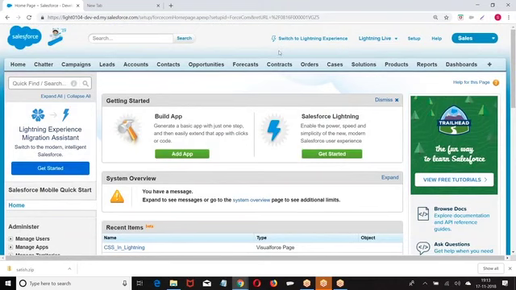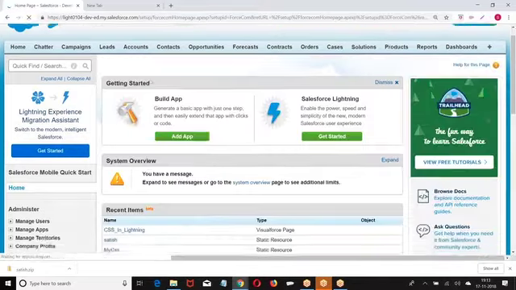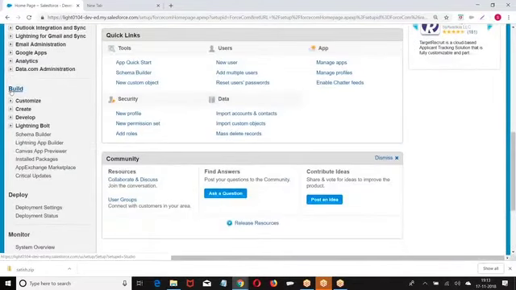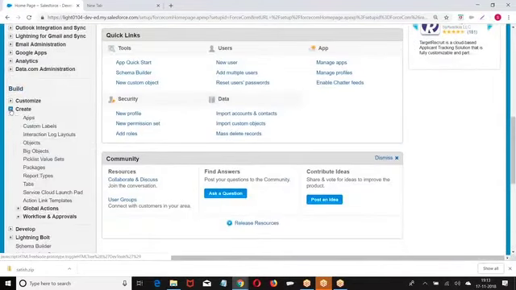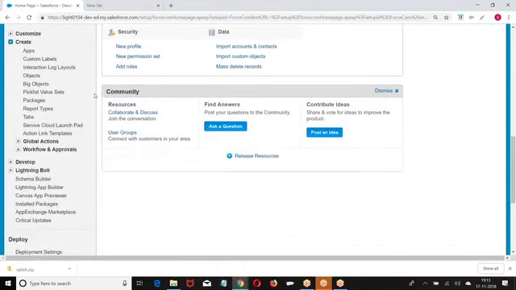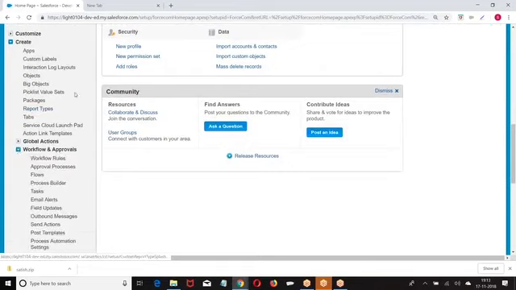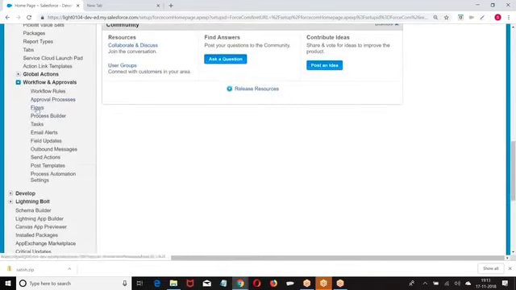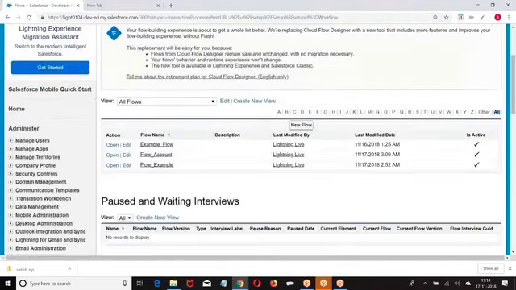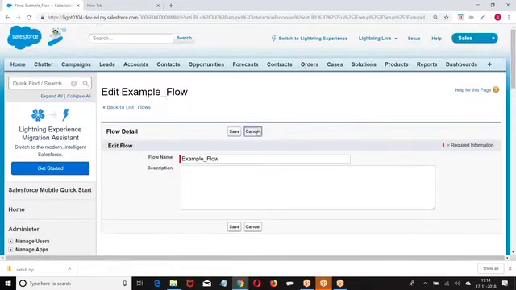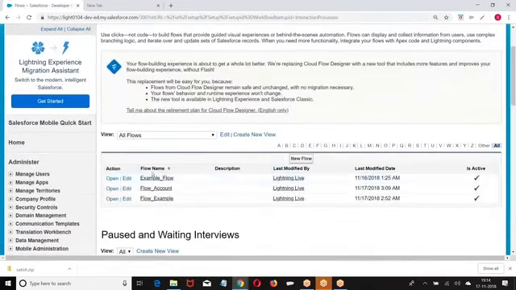So look at this. Setup, build, create, workflows and approvals. Now, new flow. Let me edit them. Yes, I'll edit.